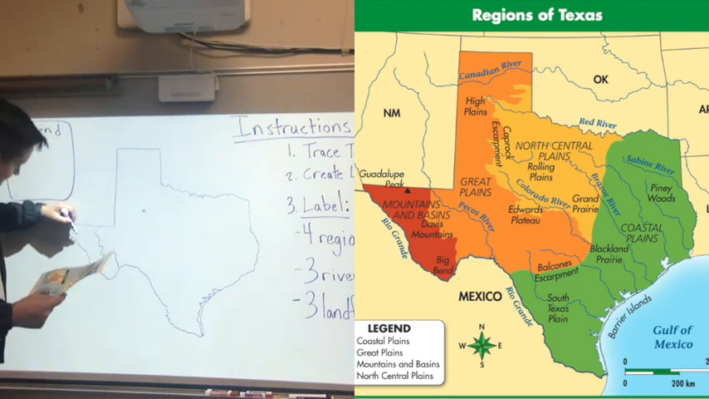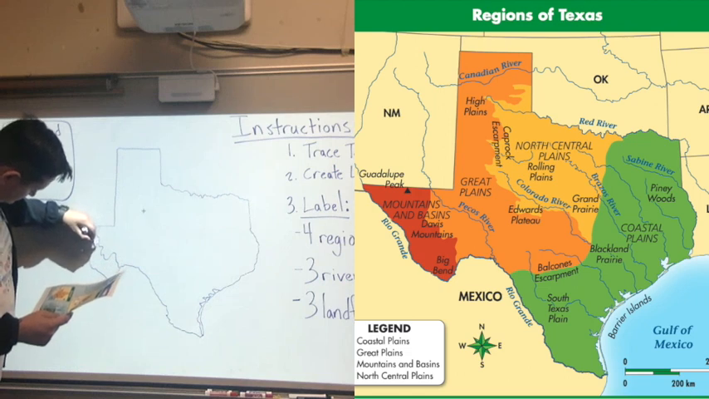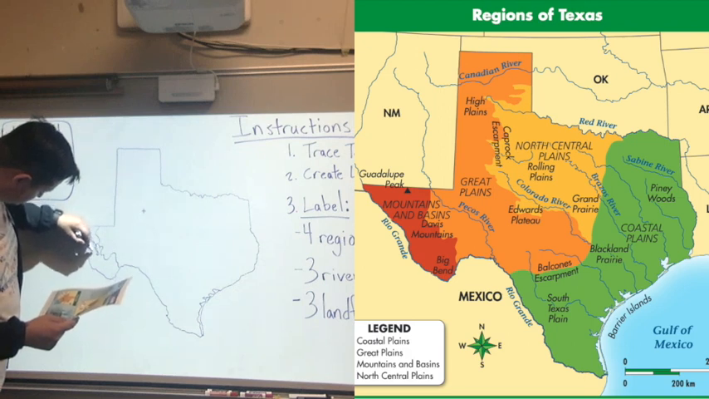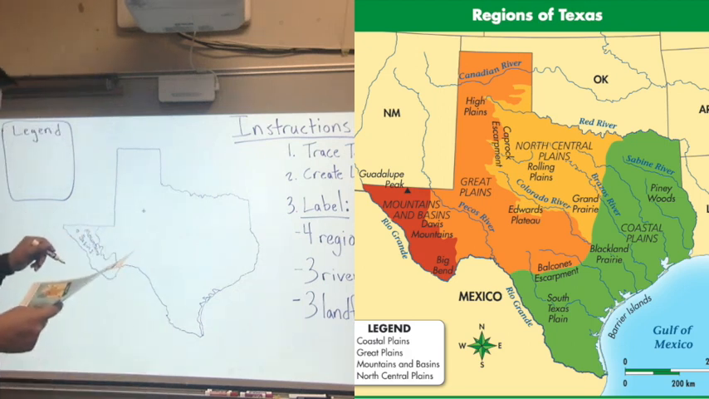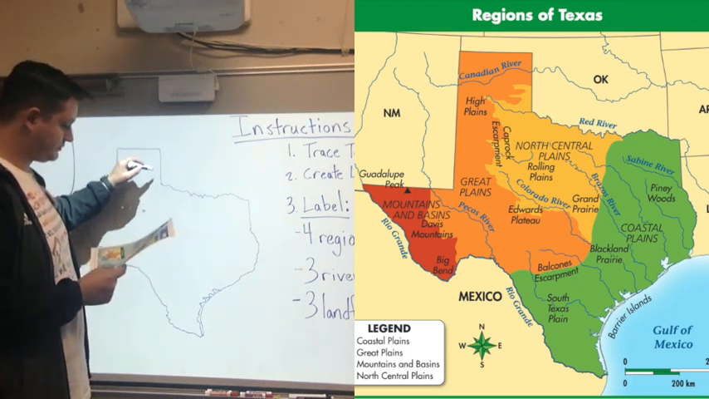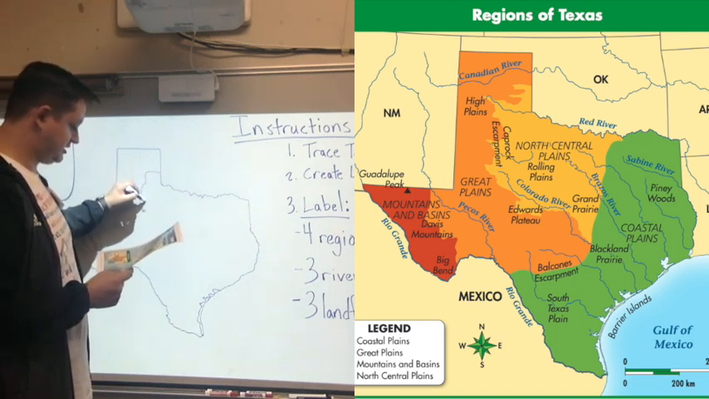And we're going to write mountains and basins. The second one we're going to do is called the Great Plains. Now this one's a little trickier because it's a little bigger, right? So it comes out this way, comes back in,